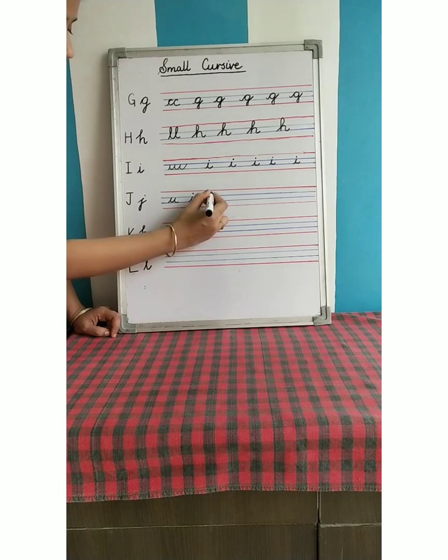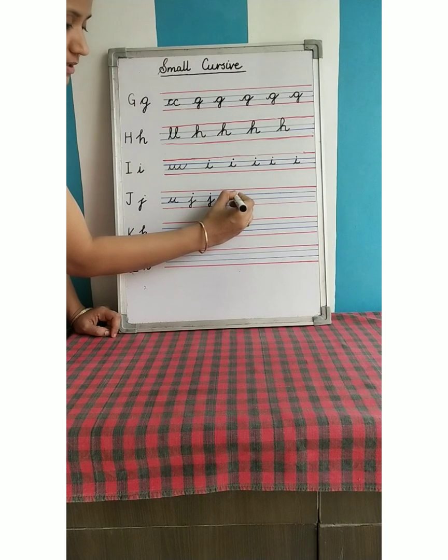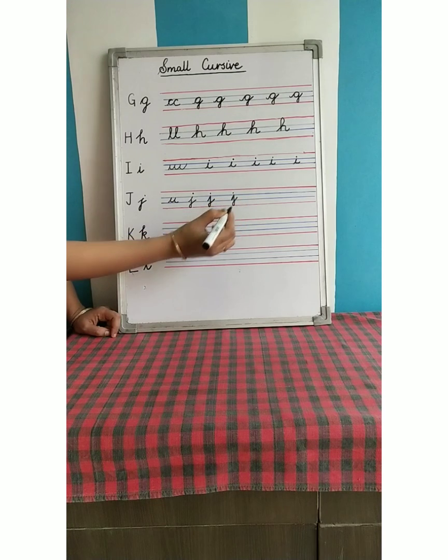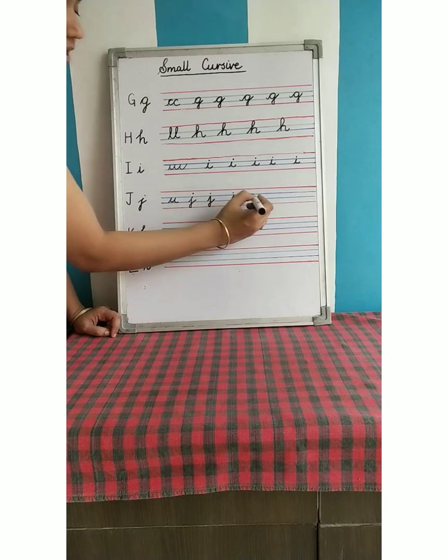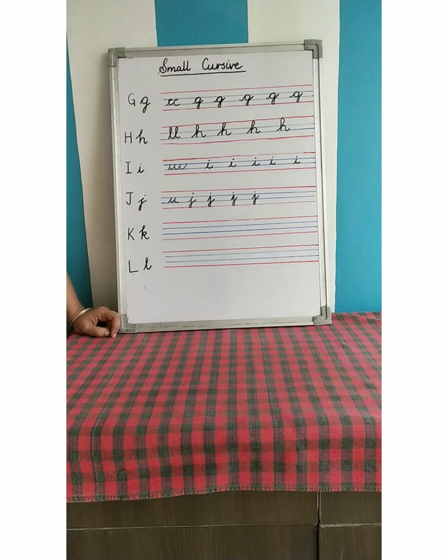Now children, if you have any problem forming it, you can take help of your parents, draw dotted lines and then you can trace the pattern of J. So letter J is a little difficult, so you have to practice it in your rough copies before you do it finally in your classwork copies.